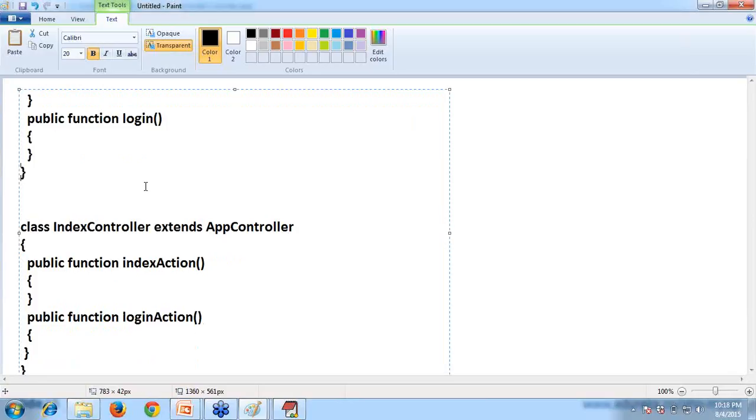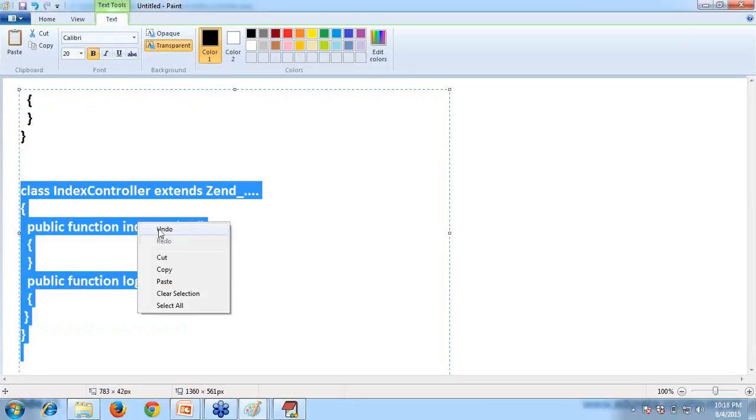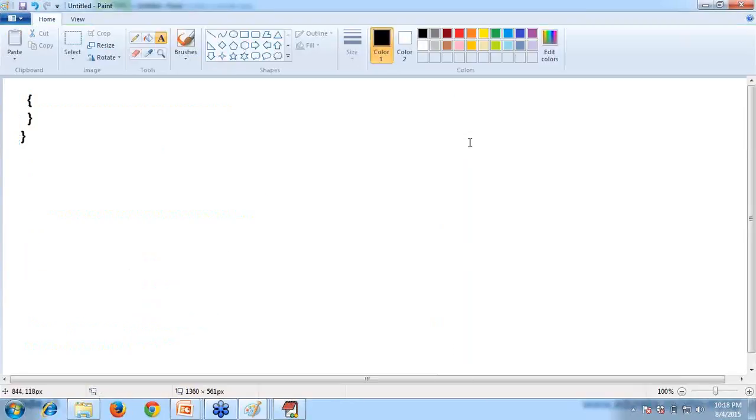Two things I talked about in Zend Framework or Laravel anywhere. IndexController extends AppController. Here it is not AppController; it is Zend_Controller something. I don't remember exactly, but that is the superclass. So controller is a class. No, Vishant, this is not predefined. Vishant has a query: these functions, no, these are all actions. I'm coming to that. Give me 2 minutes and I'll make it clear. So this is one action. Cut this. I'll write it in a separate section.